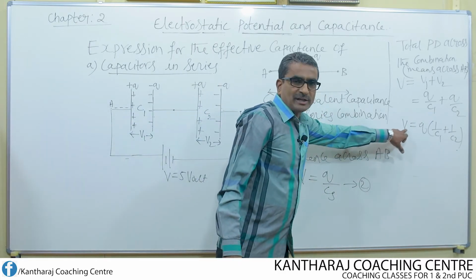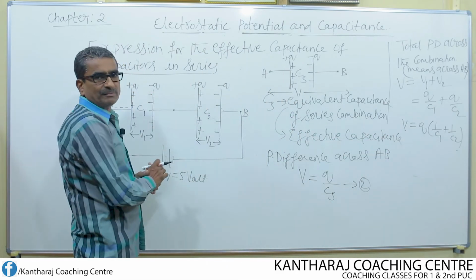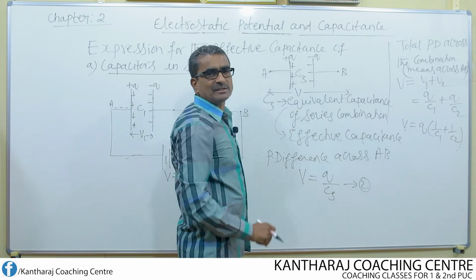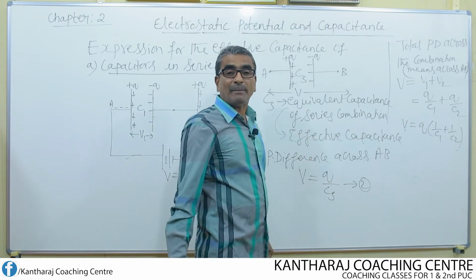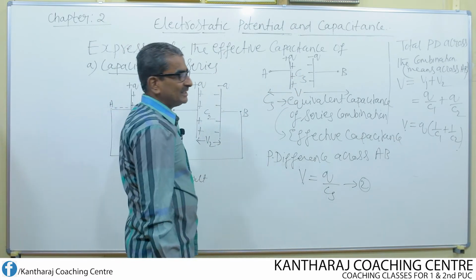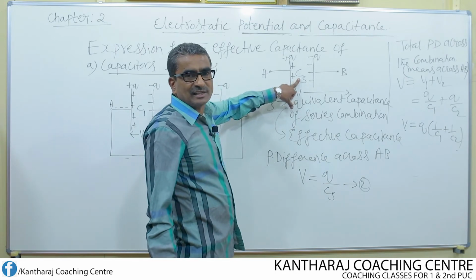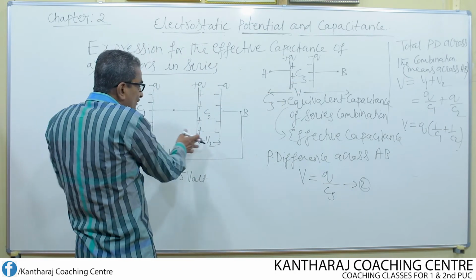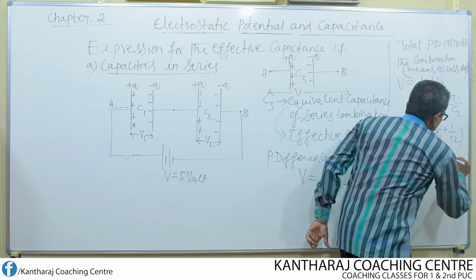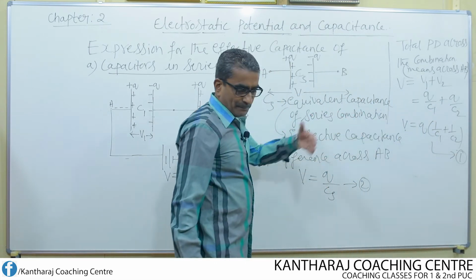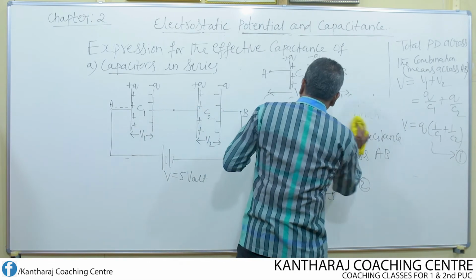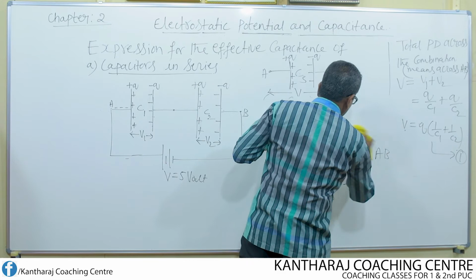So this is the potential difference for two separate capacitors, total potential difference. This is the potential difference for one single capacitor known as equivalent capacitor. This one single capacitor is equivalent to these two, and its capacitance is equivalent to the capacitance of these two. Now if I compare equation 1 with equation 2, I call this as equation 1. On comparing 1 and 2, what do I get?